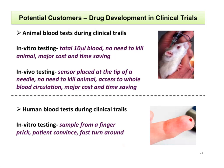So one insight was the use of our sensor in drug development and clinical trials. This could be mice studies, or this could be human blood testing in clinical trials. In mice studies, as I also mentioned before, you can use this device for in vitro testing, which requires only 10 microliters of blood from the mice. Instead, in current settings, you need to draw almost 5 to 10 ml from the mice, which ends up killing the mice. And it increases the cost,